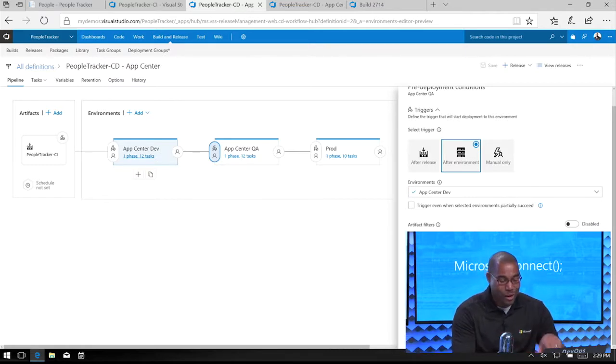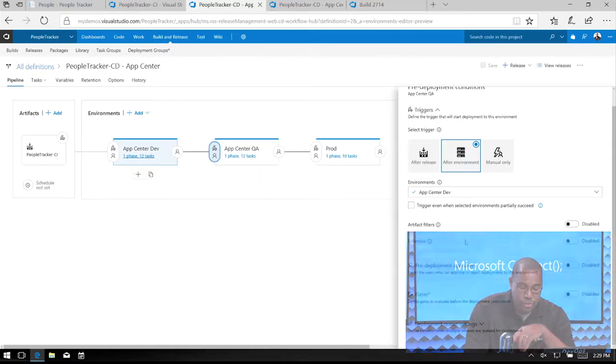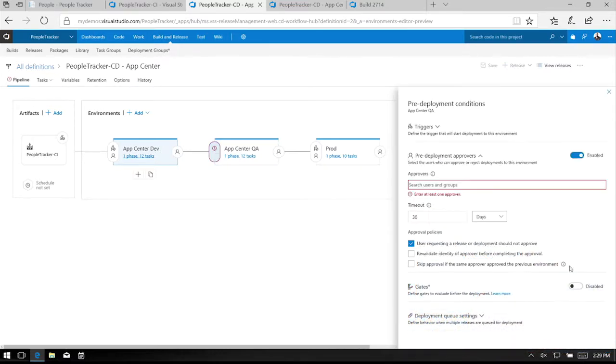So what I wanted to highlight here is the fact that if I click on one of these environments, I'm able to create what we call approvers. And these are individuals or groups that I want to at least give us a thumbs up. Hey, everything looks good. Please automate the deployment to the next environment. I'm not going to touch any of the files, but I have gone and reviewed the output. I've reviewed the test coverage. I've reviewed it in development. I think the app looks